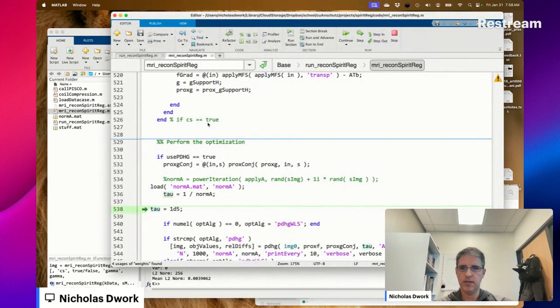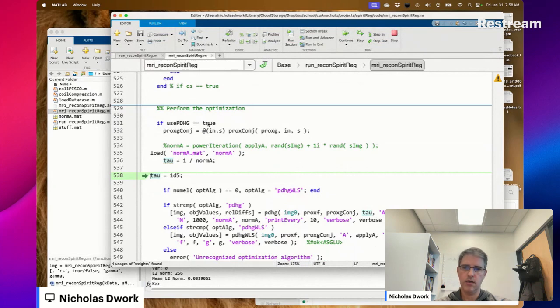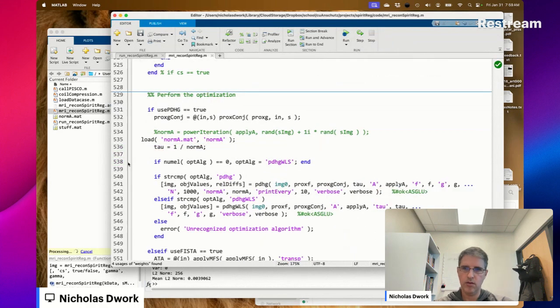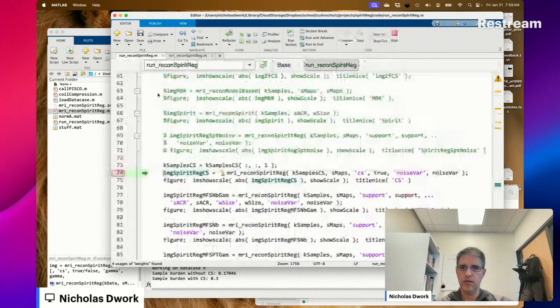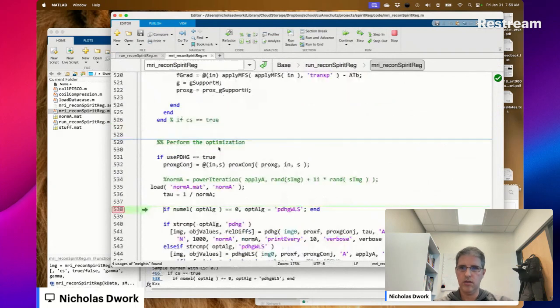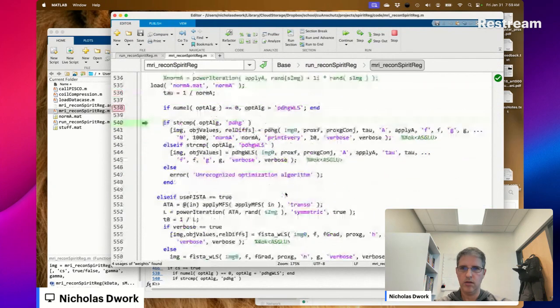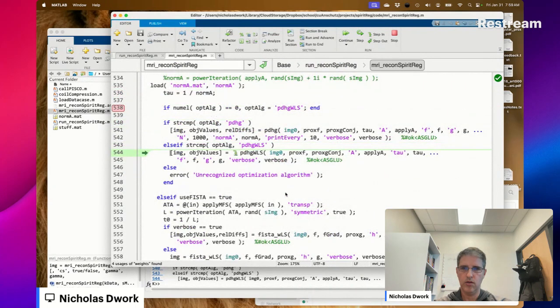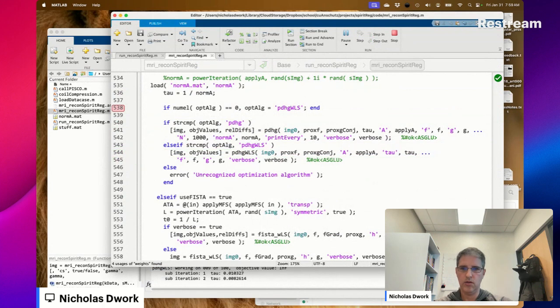Yeah, they're all ones. The taus are reasonable? That's encouraging to me if the line search is choosing reasonable taus.